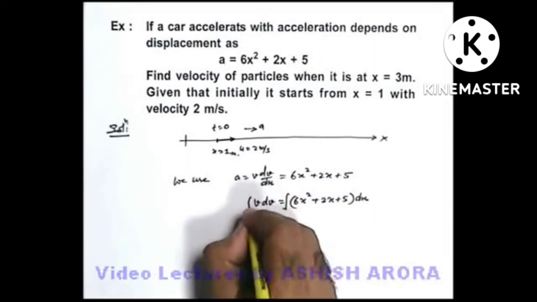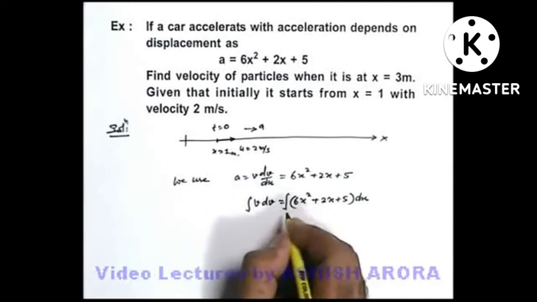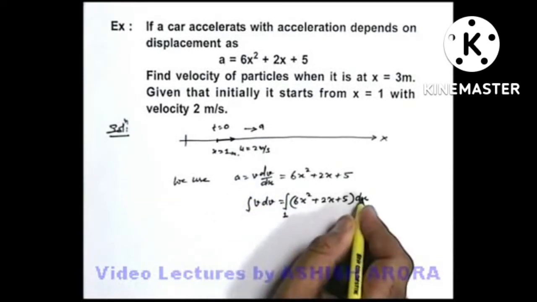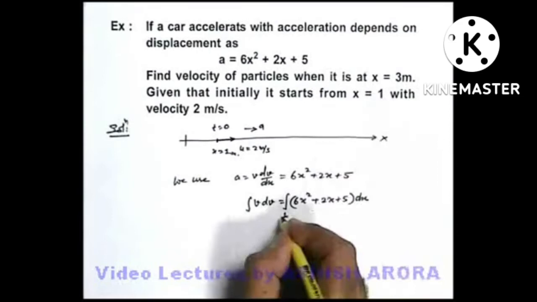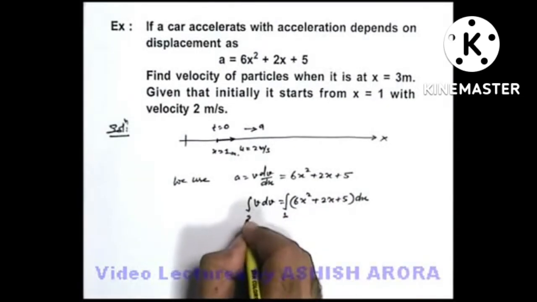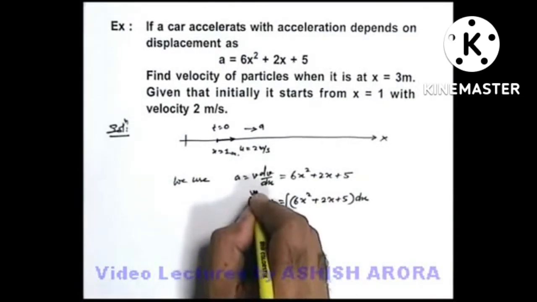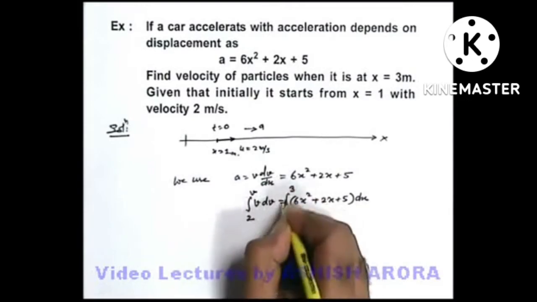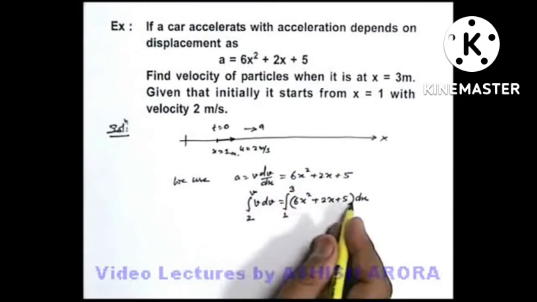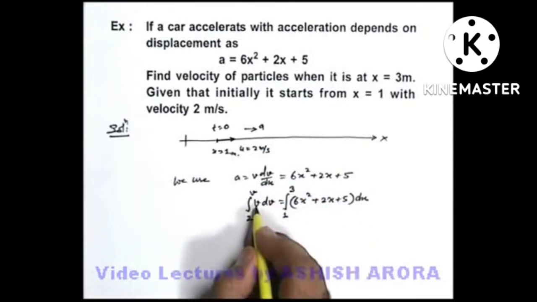Now we integrate both of these sides corresponding to the limits. In the beginning, position x was 1, which is given to us, and initial speed was 2. We are required to find the velocity v when position becomes 3. So we put the upper limit at 3 on the position side or displacement side. On the left side we put the variable v which we are required to find. On integrating this, we are going to get v square by 2.